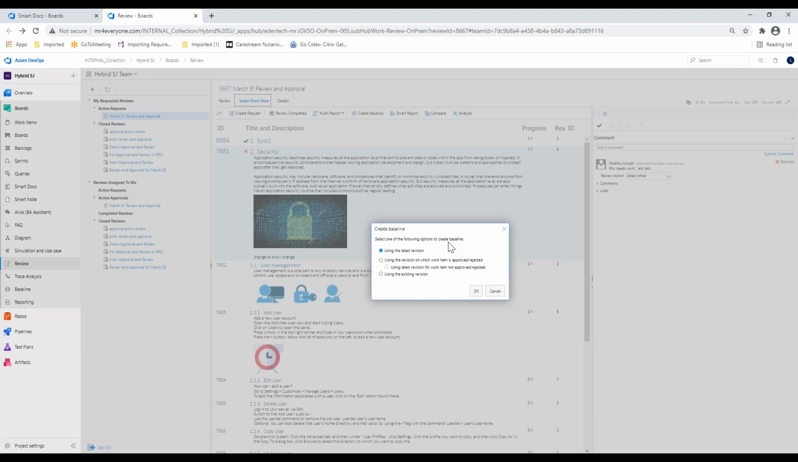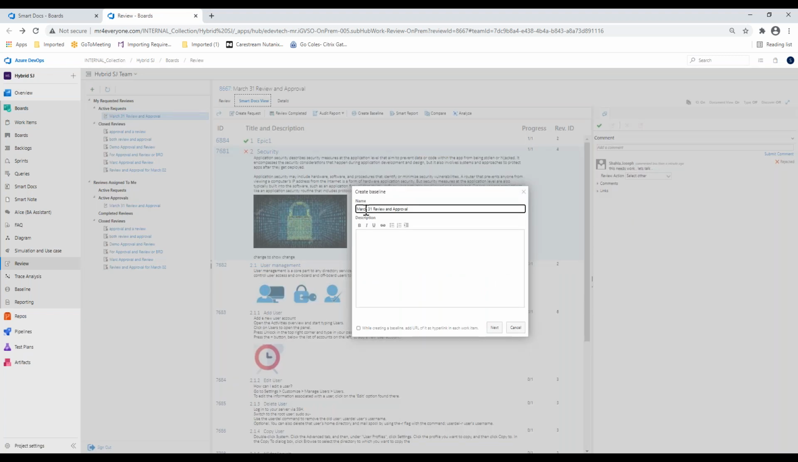If you're sending your review and approval, and you're creating a baseline from it, it actually gives you the option. Do you want to use the latest version? Do you want to use the revision on which the work items are approved and rejected? Or do you want to use the existing revision? Well, I want to do a latest revision because I want to take a picture of my work items as they appear now. Click OK, and a baseline will be created for you, right? Let's call this from review